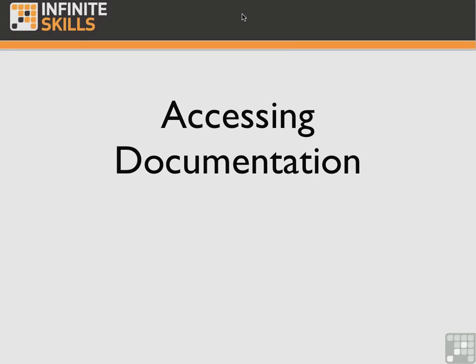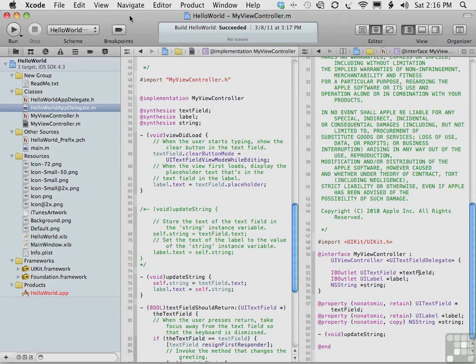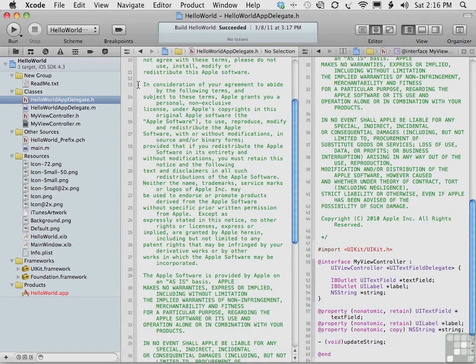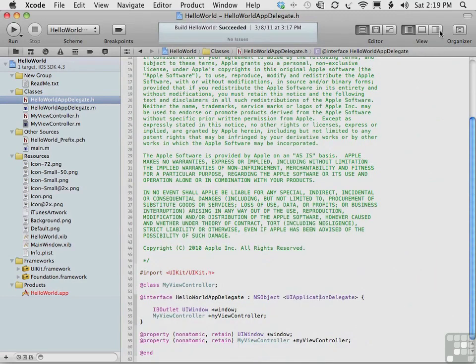With these tools, you can quickly access the documentation for a particular class, method, or property. To see how this works, say that you have selected HelloWorldAppDelegate.h in the Project Navigator to display its code. The Quick Help section of the Utility pane provides documentation for a single symbol or a language keyword. To see the Utility pane, click the rightmost View Selector button in the top right corner of the workspace window